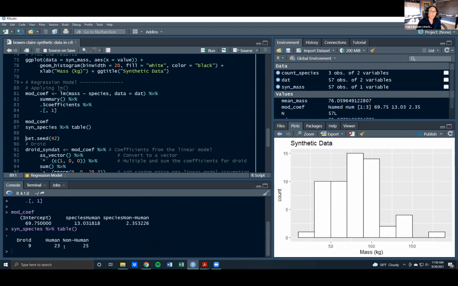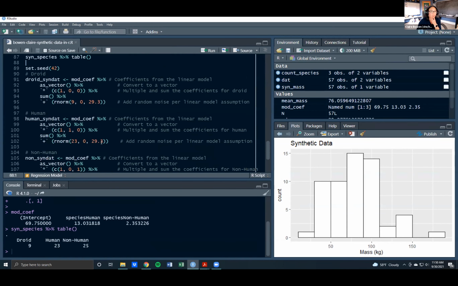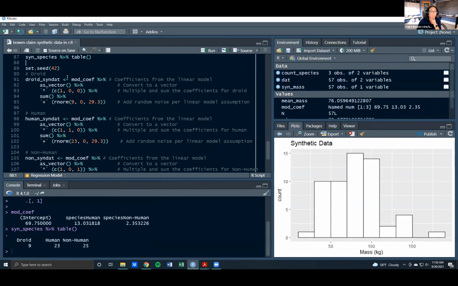And so droid here is going to be the dummy variable, setting it to 0, and then we have human and non-human here. So just a quick reminder. Now, when we do this model and generate the synthetic data, because the model depends on the species, we're going to randomly generate the data for the droid, the human, and the non-human based on the coefficients here. This set of code is showing how we can take that coefficient and say, okay, for droid, the first variable is the intercept, and because it's the dummy one, it's 0 for the rest of them.